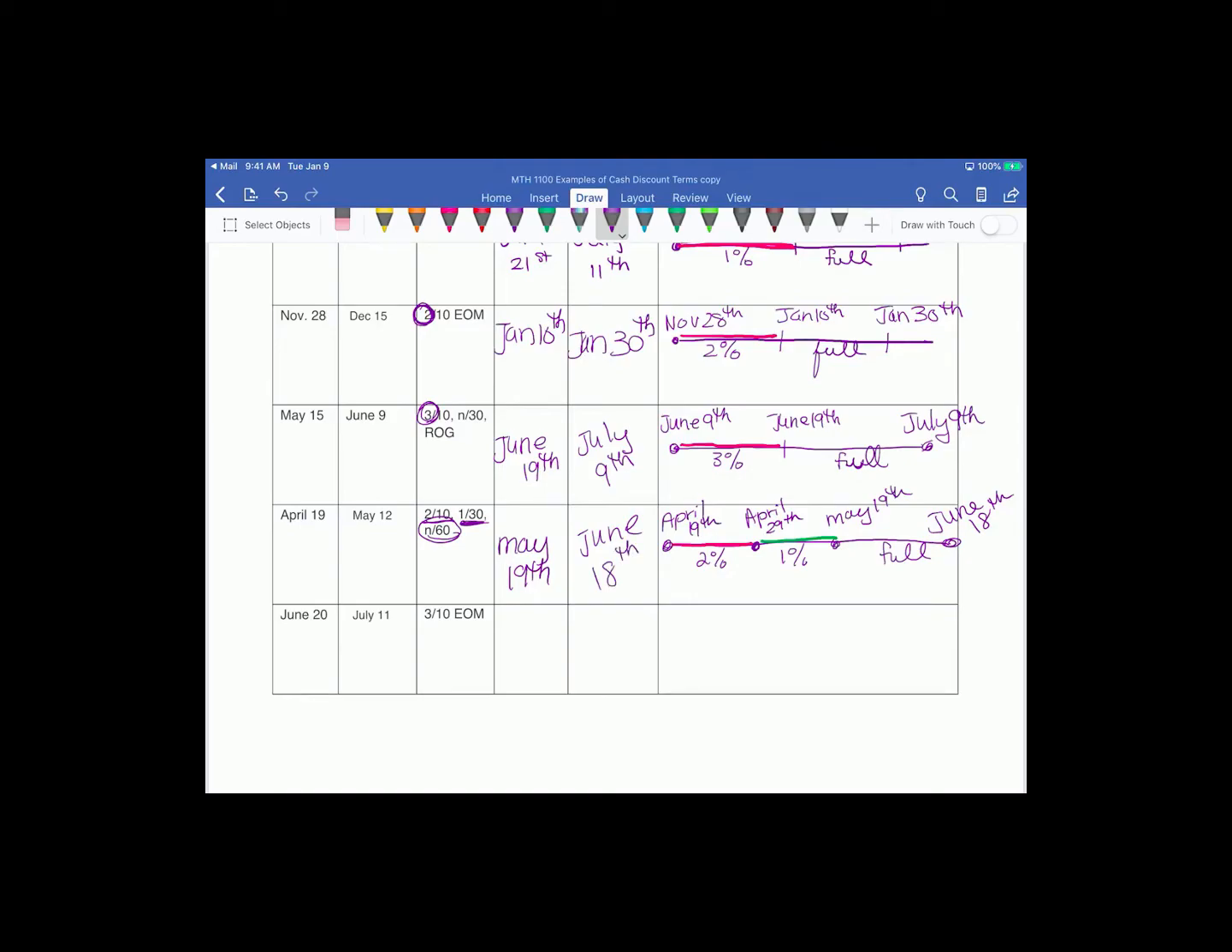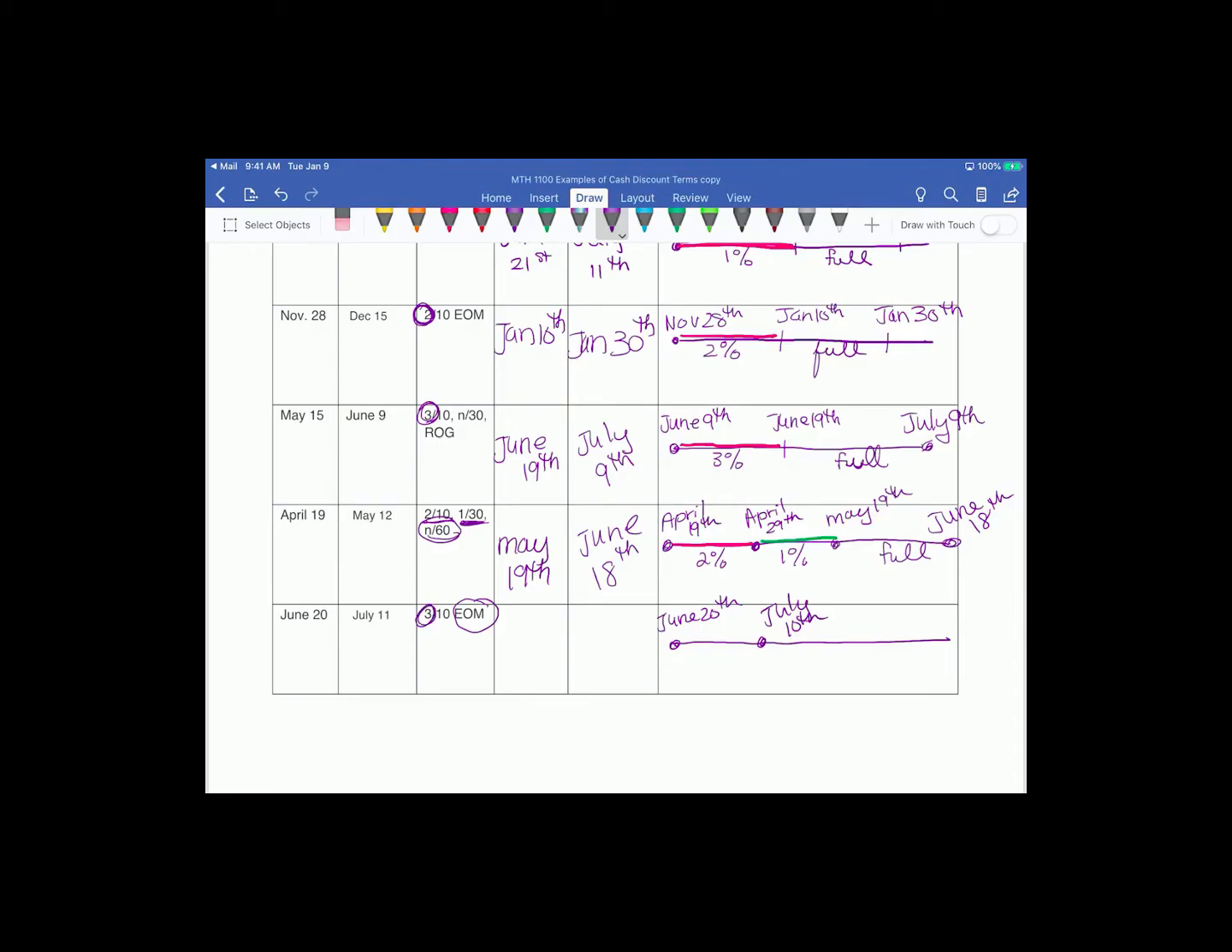Okay, last example. This has end of month rules. It's not ROG, so I'm going to start from the invoice date. So when I make my timeline, I'm going to start at June 20th. Now the 20th is before the 25th, so that means I'm only going to go to the 10th day of 1 month out. So I'm going to go to July 10th,